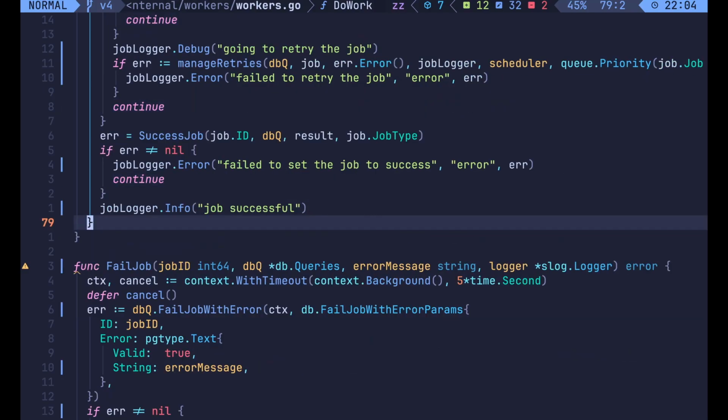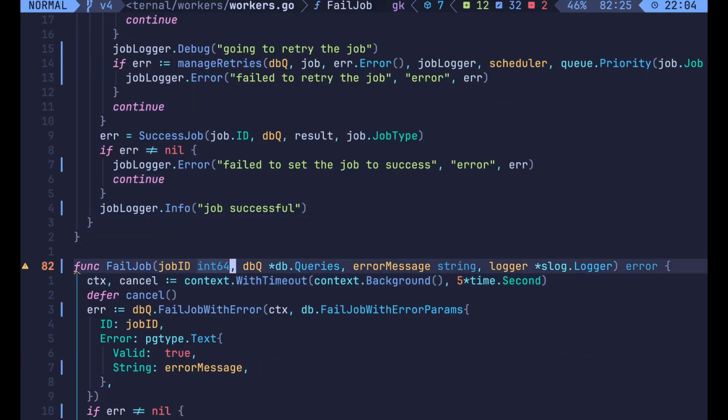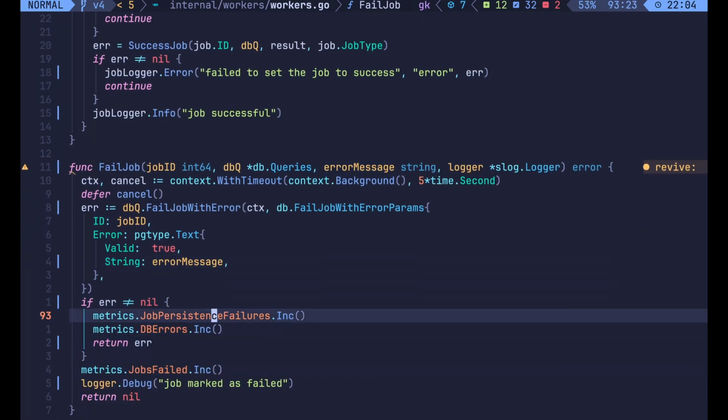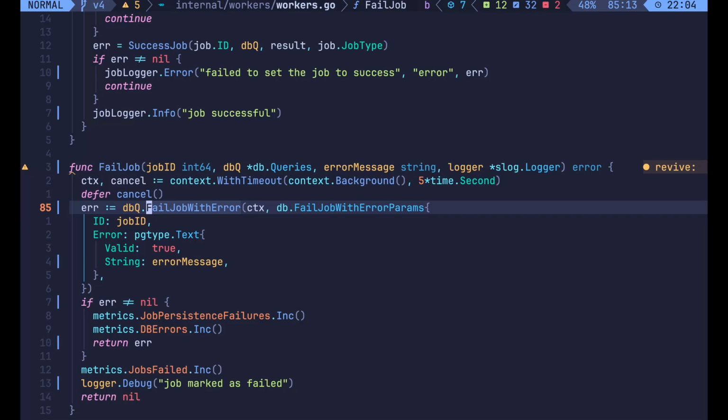there are certain instances. For example, if you come here to the fail job, this little function which essentially marks a job as failed, you're going to see that there are a lot of instances where you're making a DB call or any kind of IO operation where that thing could error out. And I've always been curious that, hey, what if it does? Like, I mean, usually we just kind of return out and continue with our business, but that always felt kind